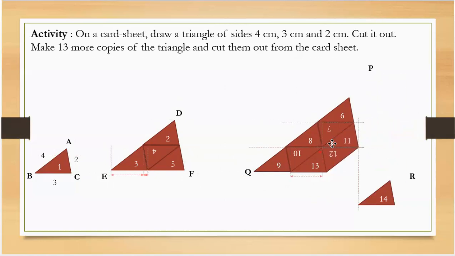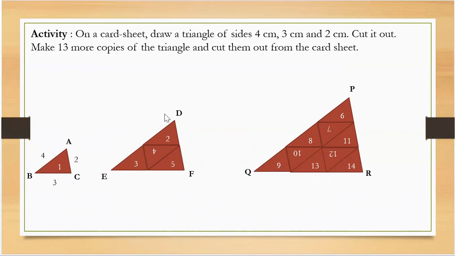Now if you're looking at it, it is taking the shape of a bigger triangle. See? All right, and we name this triangle PQR. This small triangle was the original triangle, and similar to this triangle we had made the same copies, and by using these copies we make the small triangle bigger, and bigger than the second triangle we make it. So we have triangle ABC, which is the original triangle. Bigger than the original triangle we get the second triangle, that is DEF, and bigger than that triangle is PQR.